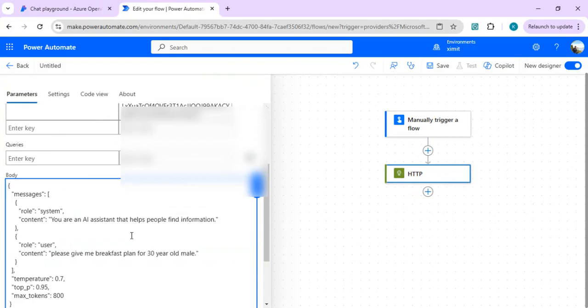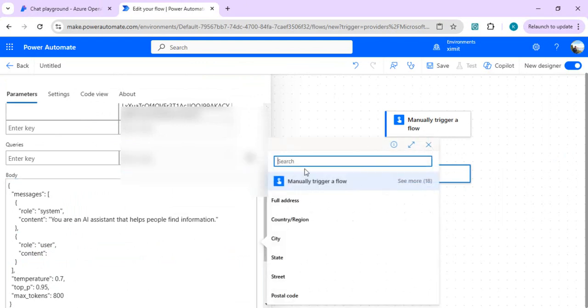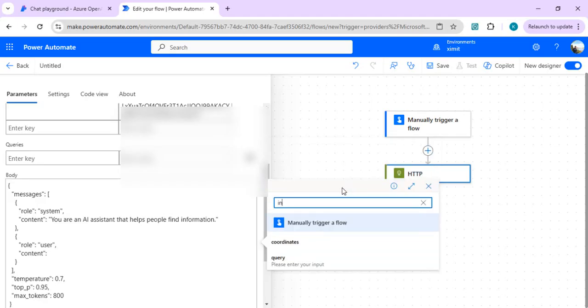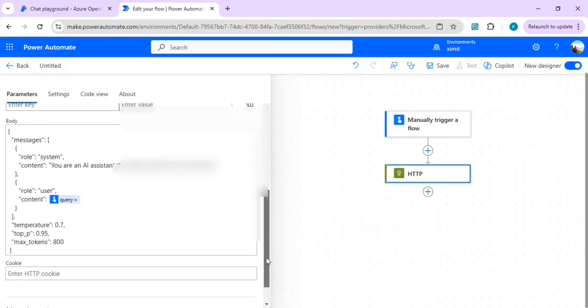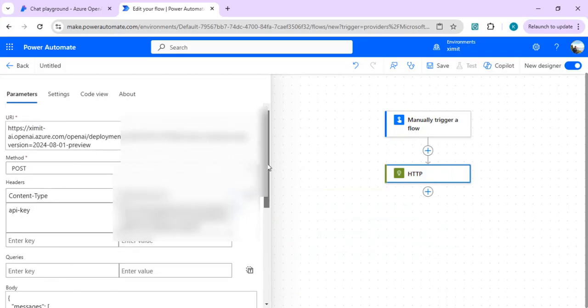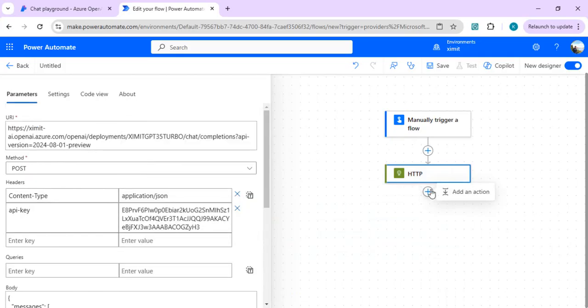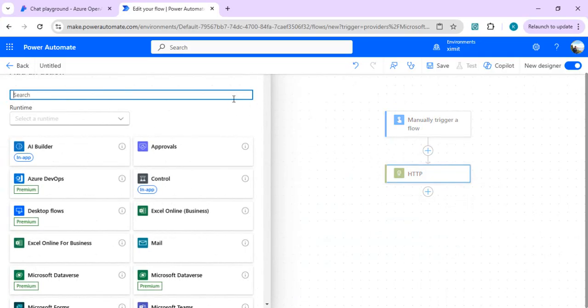We'll paste that into our body, and this user query I would be passing as an input from dynamic content. I'll just say get this from dynamic content, and because it's a manual trigger we have decided as input for query, so you can just say query. Query will be passed as an input to this LLM. So now we have done that, and in turn we need to just read the response which is coming out